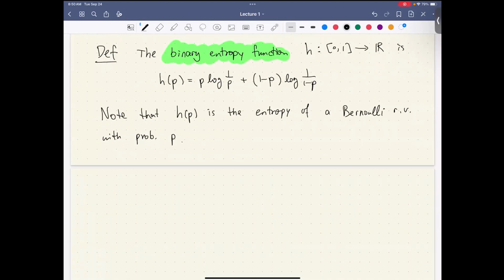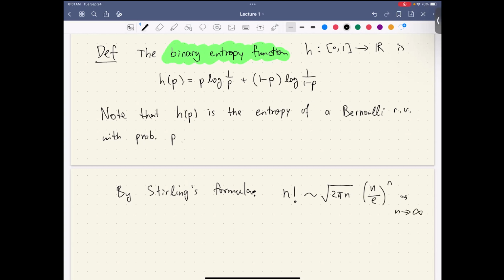Using Stirling's formula, n factorial asymptotically, when n goes to infinity, is roughly the square root of 2 pi n times n over e to the n. This is not a hard estimate. And a simple calculation shows that also